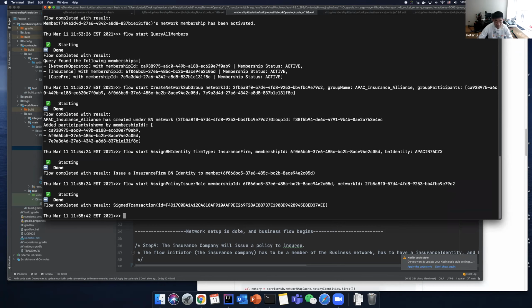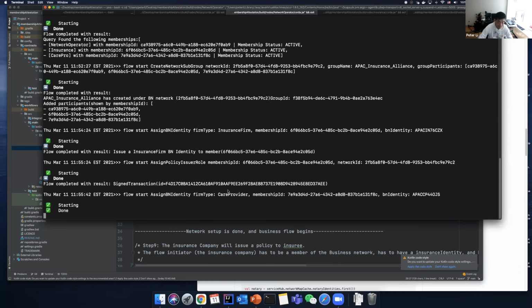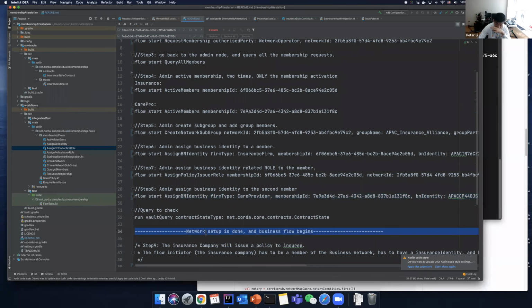And the next one is, after we take care of the insurance company, we also need to take care of the care provider company. So again, the admin will assign the business identity, issuing the care provider business identity to member 7E, and 7E is the care provider. So as of now, network setup is done, and the next steps will be the business flows. But before we continue,